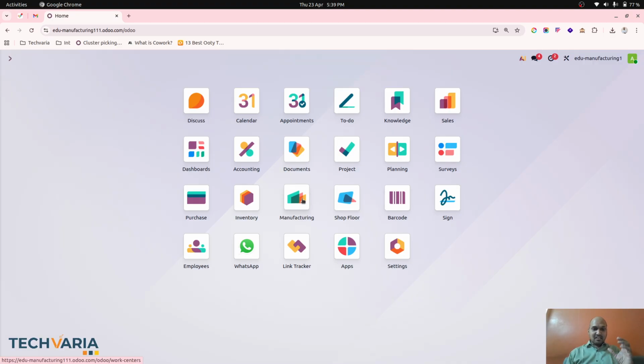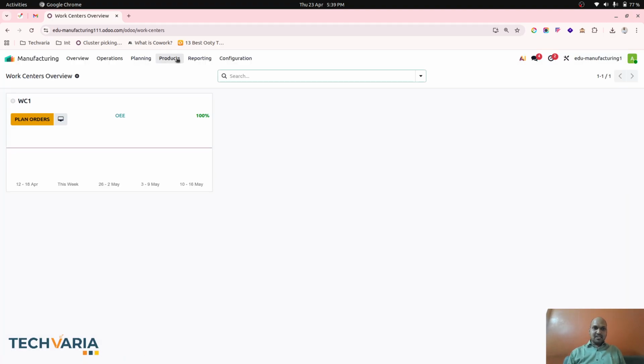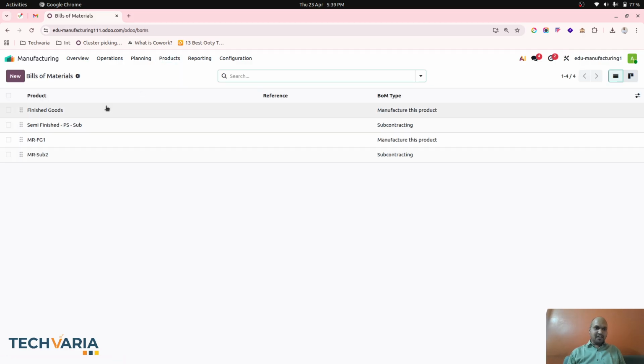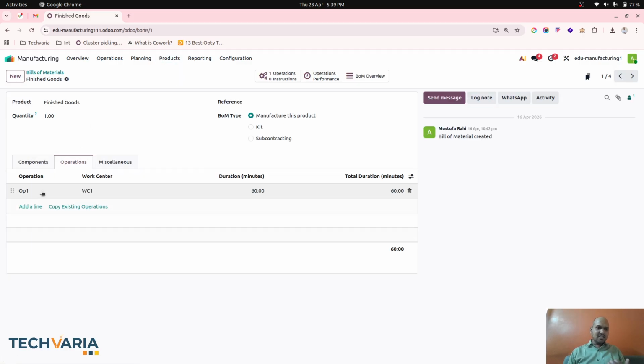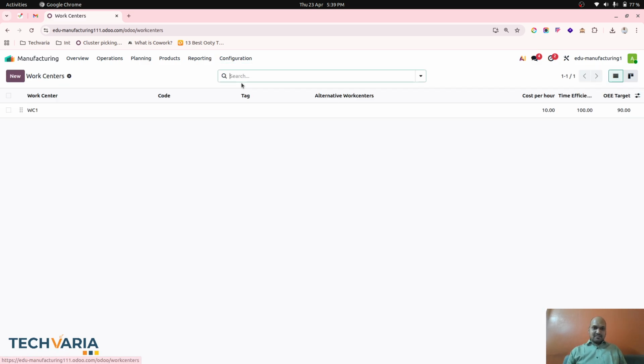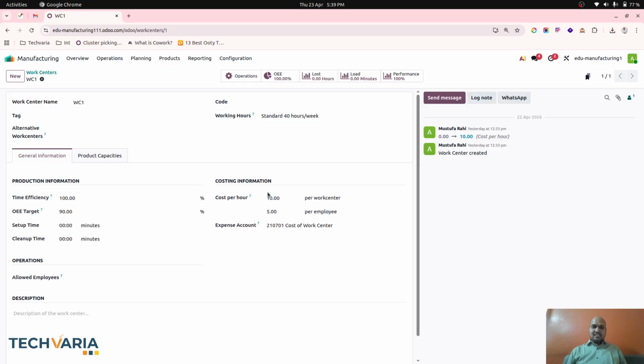Now with our present setting, when we run any production order, we define a bill of material with raw material and operation. In operation we may have different work centers. And on the work center, we can set cost per hour for the work center, like the machine or place itself, as well as the labor, the employee who is working, based on per hour